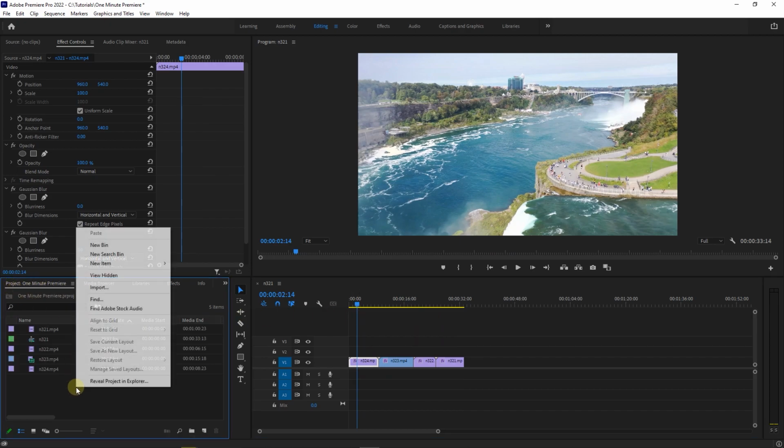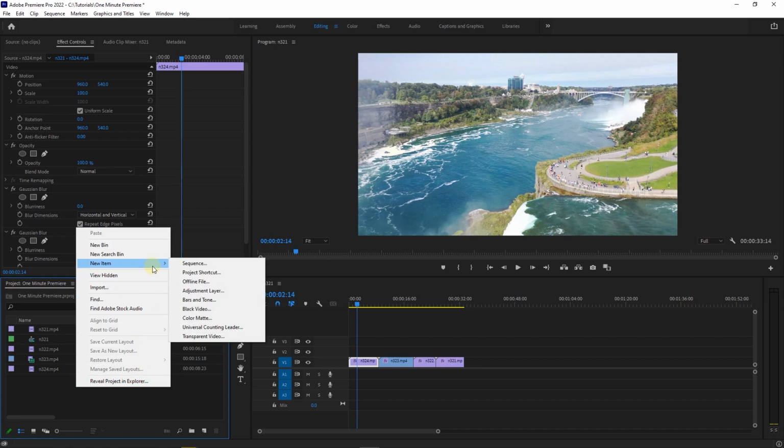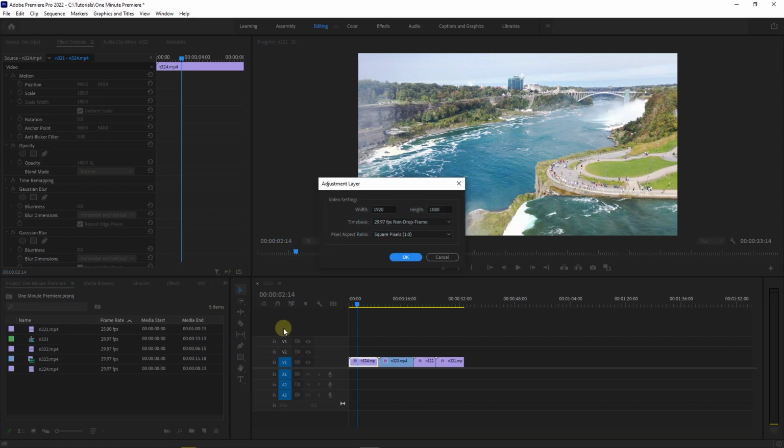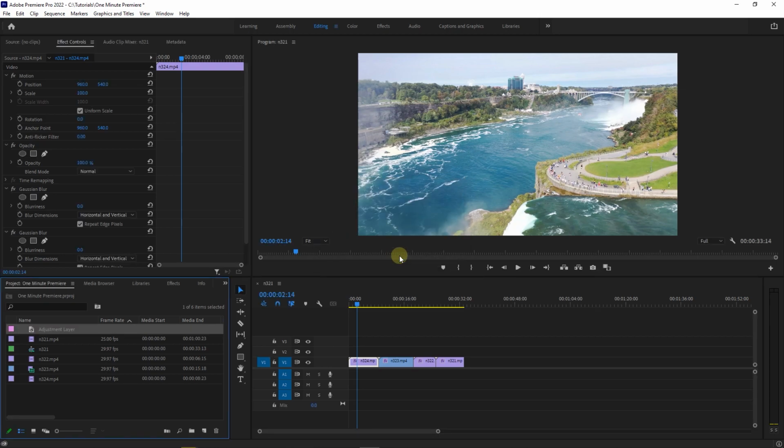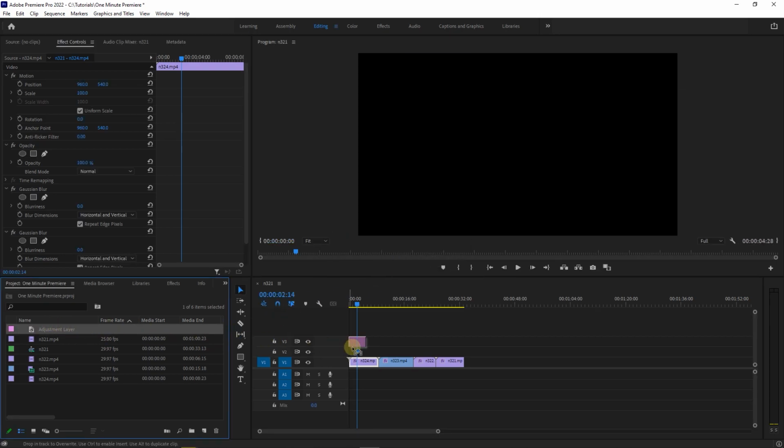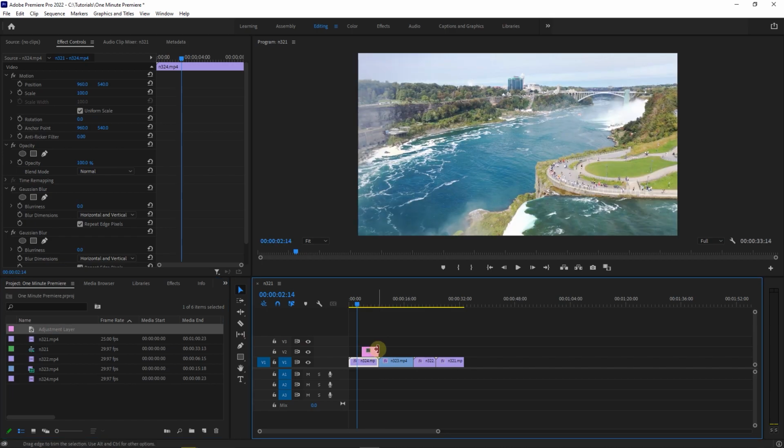First, right-click in your project panel and select New Item, Adjustment Layer. The default settings should match your sequence. Click OK. Now drag adjustment layer above your clips and timeline, and change its length so it is the length